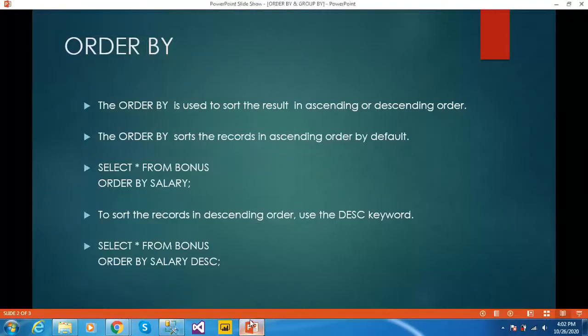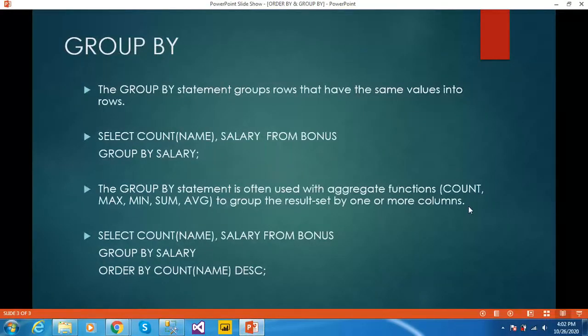Now let's see what is group by and how it works. The group by statement groups all the rows that have the same values into single rows. See, here is an example syntax query.